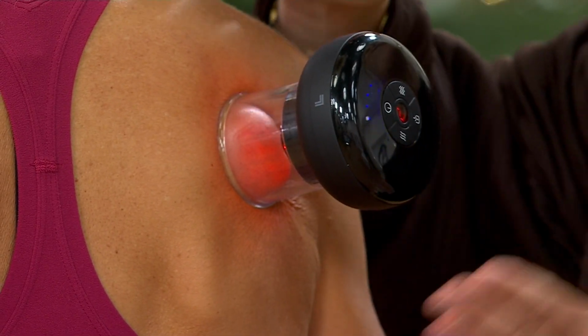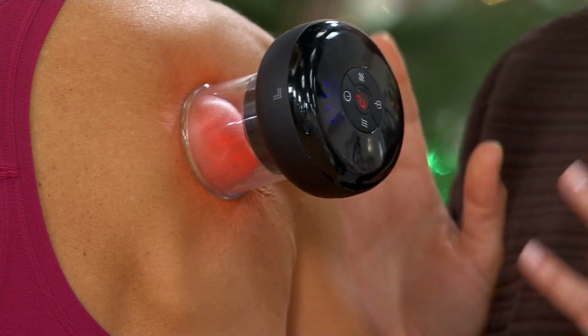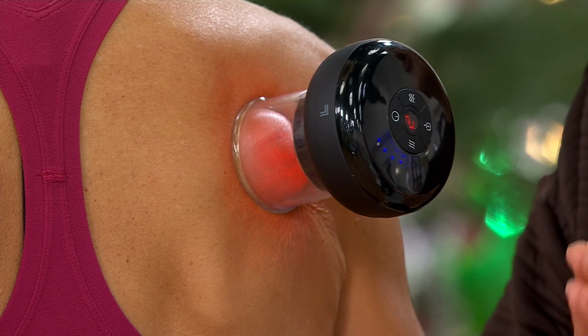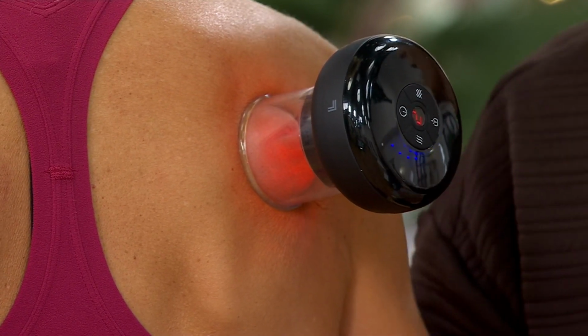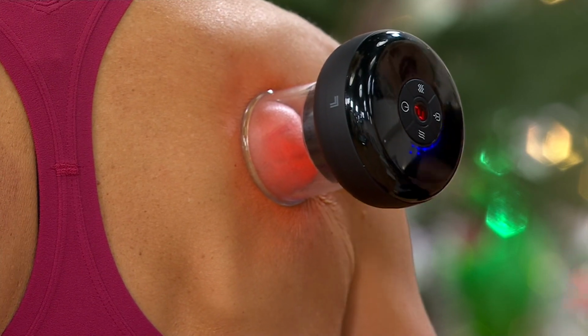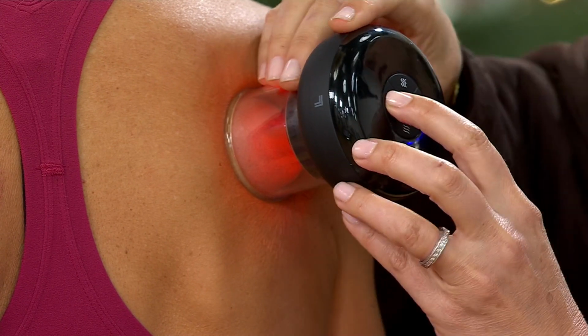So what's happening is, Kim, this doesn't hurt, right? No, it's awesome. It feels like pressure, and what's amazing about it is that there's 9 levels of suction. So start at level 1. That's good. Yeah, and work your way up, Jen. So you're going to see how it's starting to feel, and then if it feels good, you press and release the